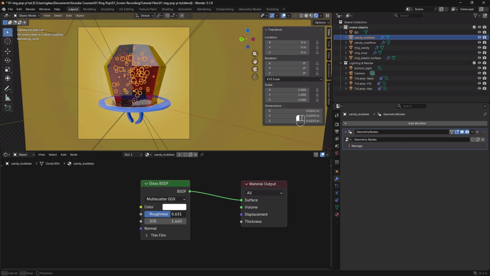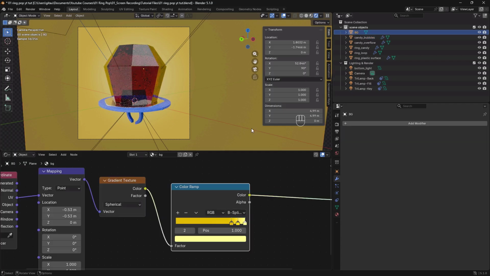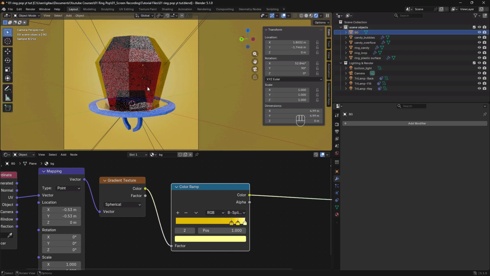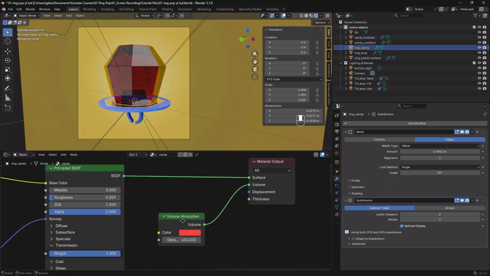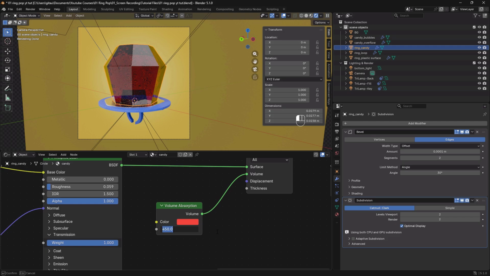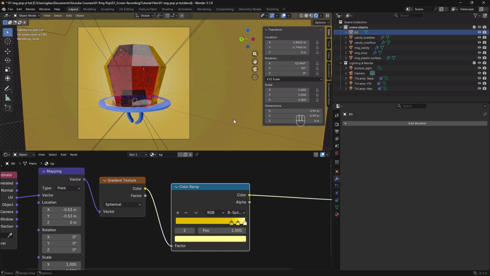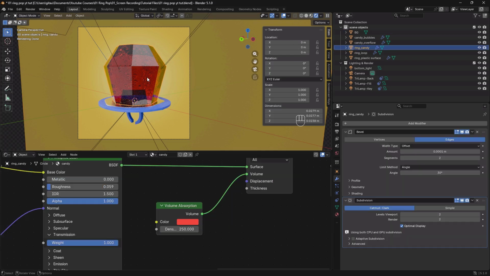Then we can make a few changes to, for example, the bubbles. Maybe I want to reduce the roughness because I want them to be seen distinctly, because we do have a background that kind of provides a good backdrop for that. So I'll leave it at that. Then you can select the candy, not even create it. You reduce the density, see what you have. I think this is fine. 250 was a good number, but of course,